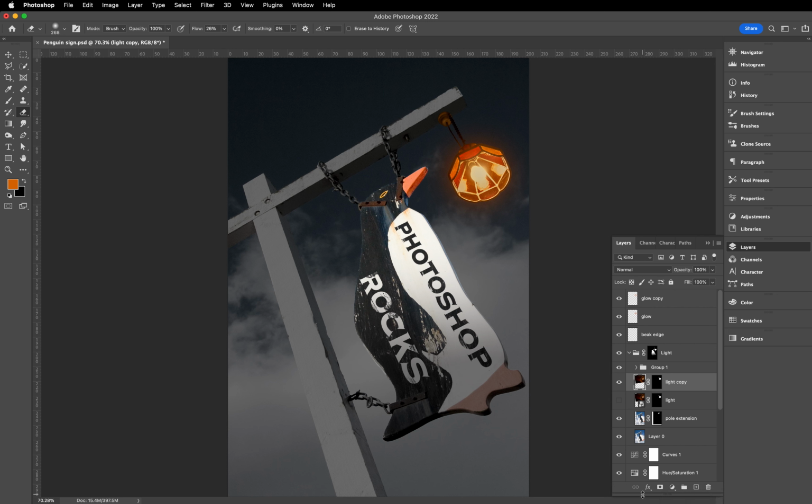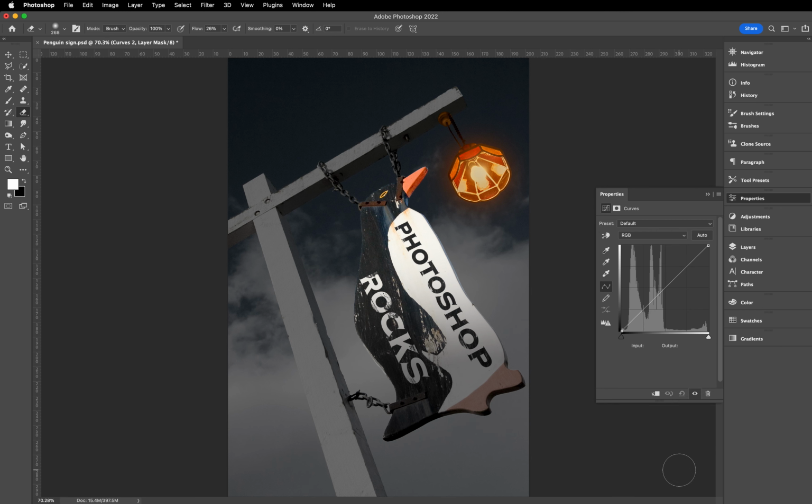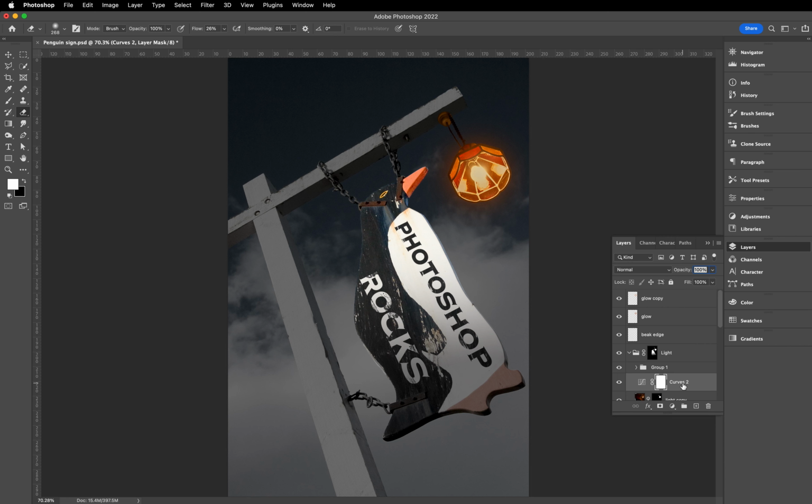Let's just see if I can do something about that. Yep, there we go. We're going to choose curves, and let's just make sure where that's gone. It needs to go below the lamp. So we'll just drag it below the light copy, and then go back to our properties